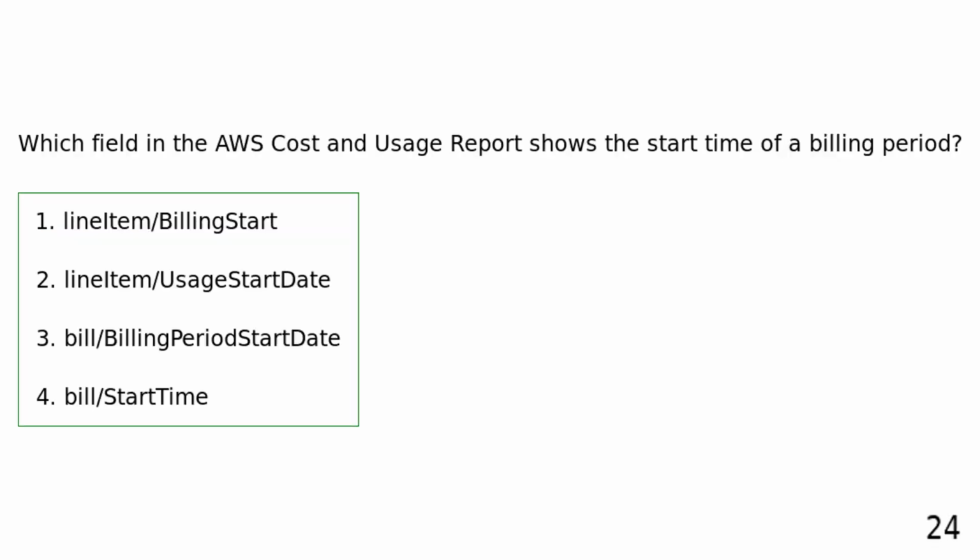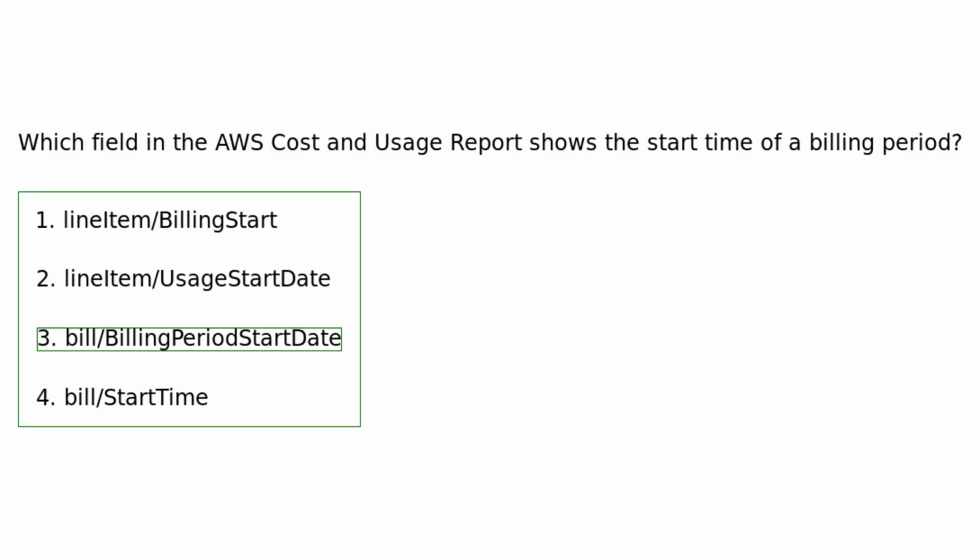Which field in the AWS cost and usage report shows the start time of a billing period? Line item/billing start. Line item/usage start date. Bill/billing period start date. Bill/start time. The bill/billing period start date field indicates when the current billing period began, helping you align costs with